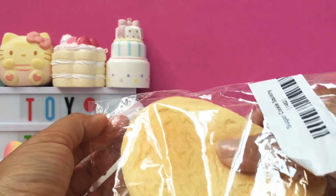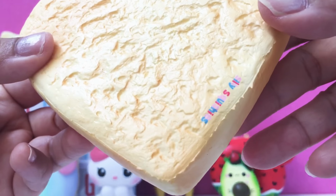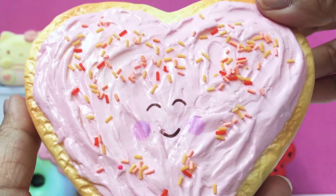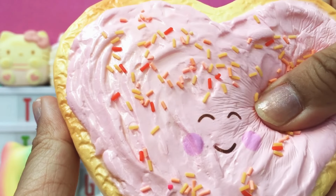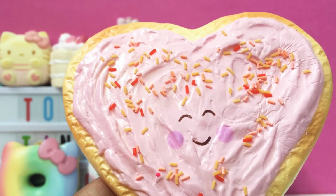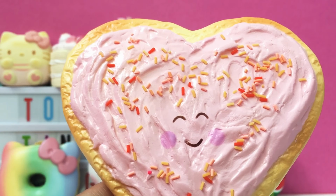I'm going to really gently take this out. Sorry for all the bag noise. I know that kind of bugs me sometimes. So there's the licensing, Silly Squishies. Oh, sorry, it's upside down. Silly Squishies. And here is the front. It just looks like the most delicious sugar cookie, if you're into sweets. And it's got these beautiful sprinkles on it. And yeah, I'll try not to squish it too much because I don't want them to all fall off. But so glad to add this to our collection, especially since it's one of the older squishies that Silly Squishies